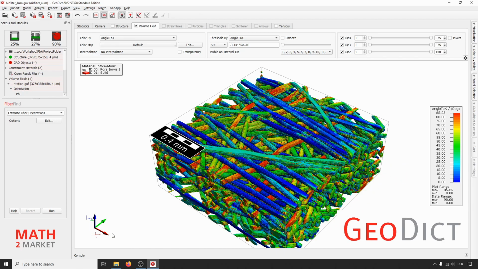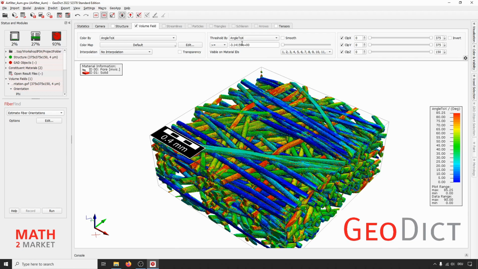Depending on the X direction, you can see what is marked in blue has a very small angle to the X direction, and the more you get closer to red, the larger the angle differs from the X direction.